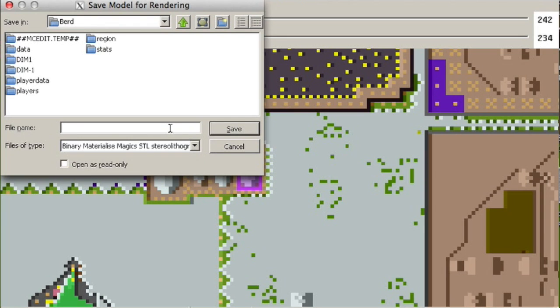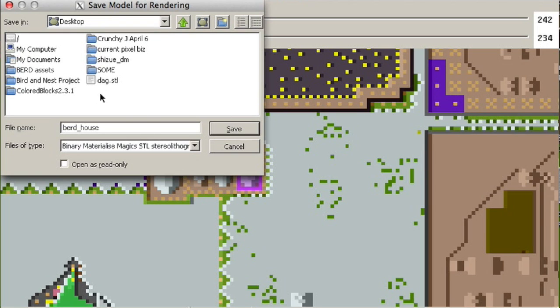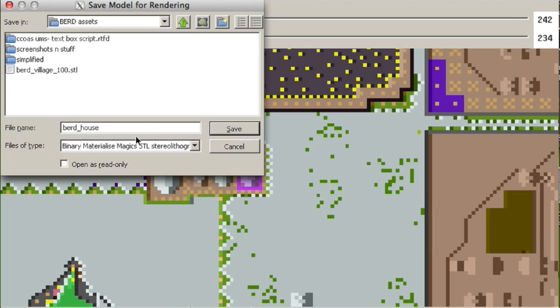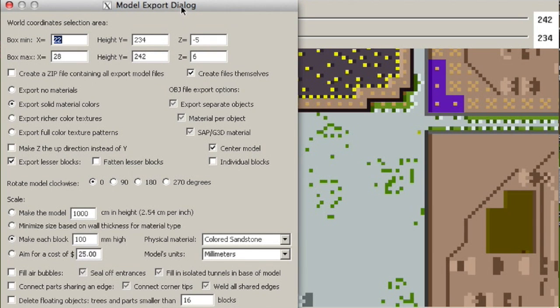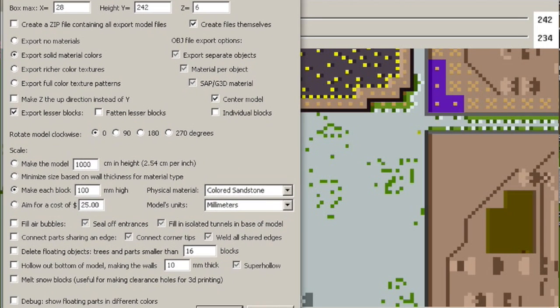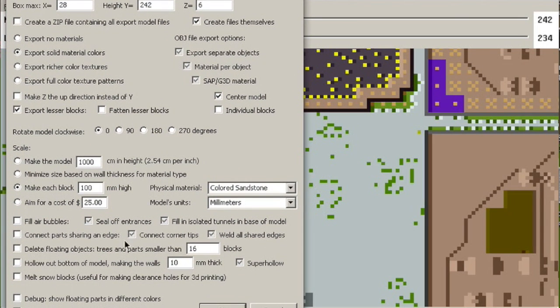And I'm going to call this Birdhouse. And I'm going to save it to my desktop. Actually, I'm going to save it in Bird Assets. Birdhouse is a binary STL. Save. Okay, and then you have your export dialog box, which gives you all these options about what it will be printed in